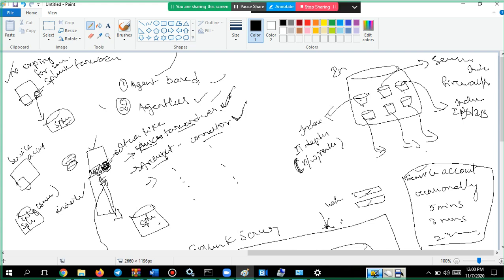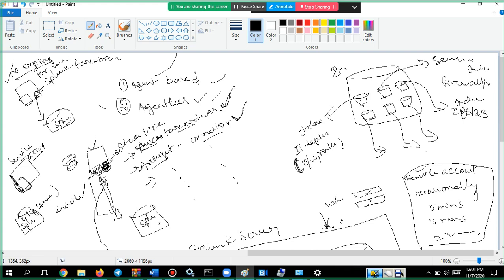Because if all of a sudden when we have to pull the logs the account gets expired, you won't be in a position to log in, and there might be some attack happening. You won't be able to pull those logs, so you will be under attack and you are not even aware of that. So that kind of issue will come. So you have to use service accounts which don't have any expiry. Got it?